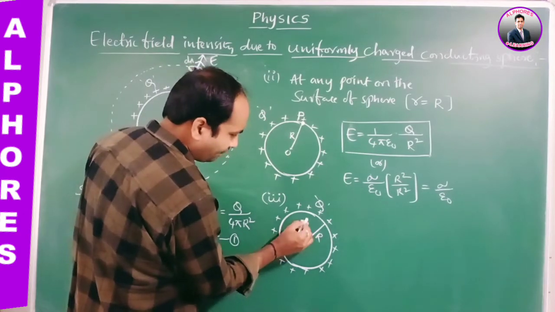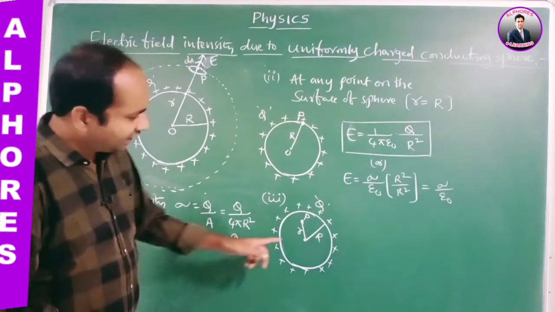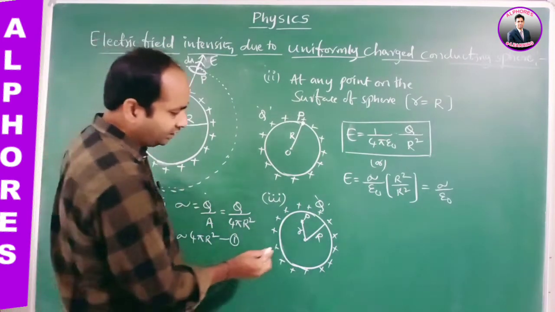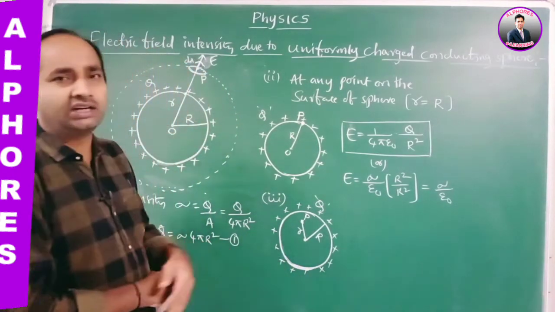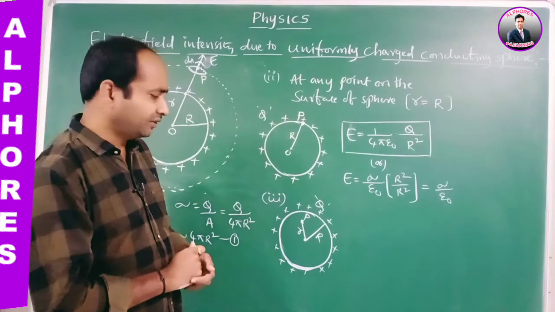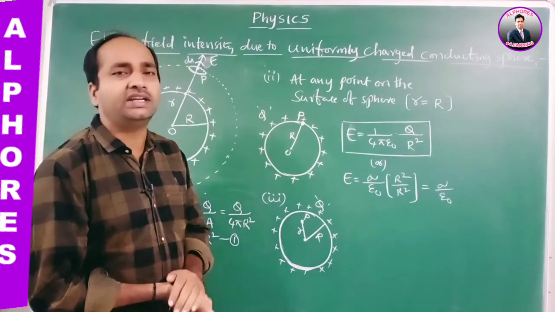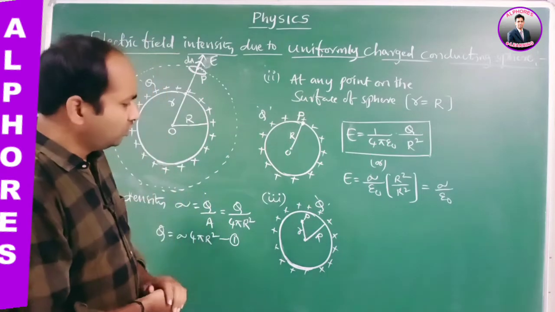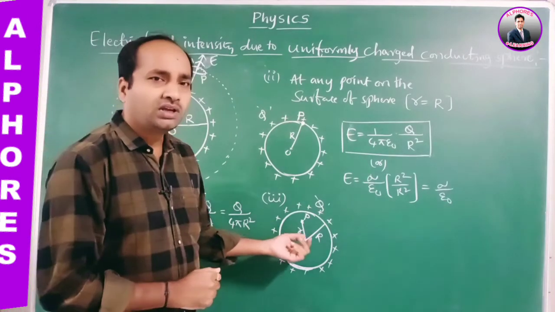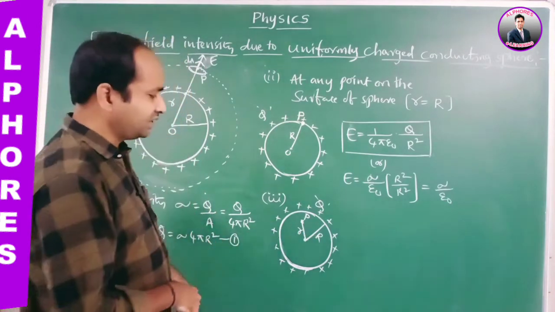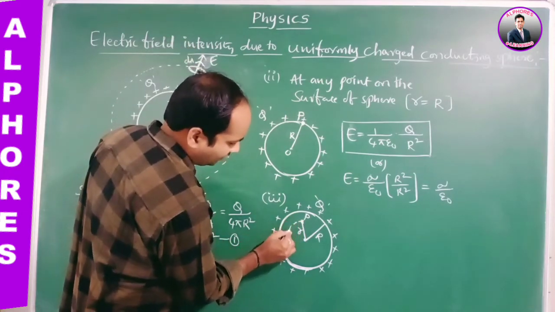Let us consider a point P inside the sphere. Now, again by using Gauss law, we should calculate the electric field intensity, isn't it? So, what is the statement again? Gauss law is applicable for any closed surface. So, whenever we are calculating the electric field intensity at the point P, again we should construct a Gaussian surface in the form of a sphere of radius smaller but inside the conducting sphere.